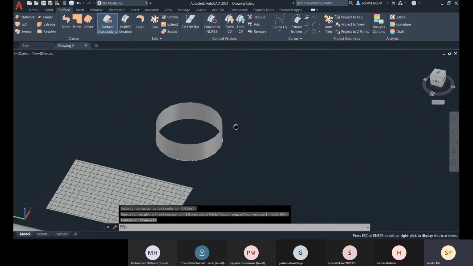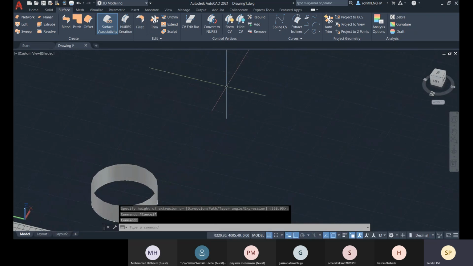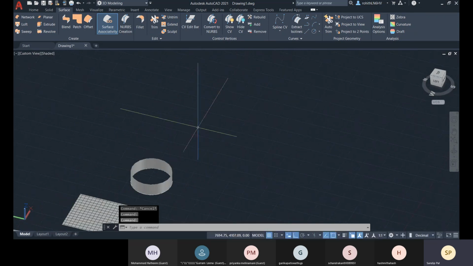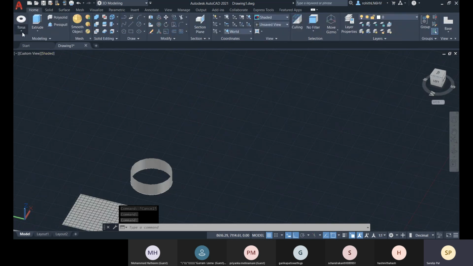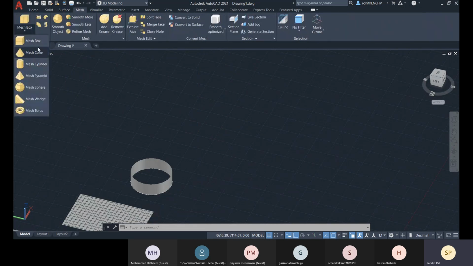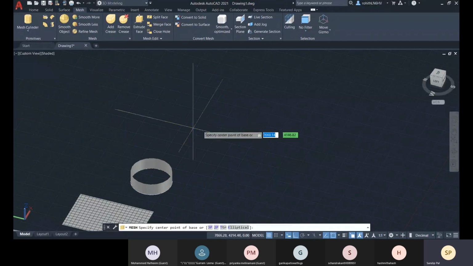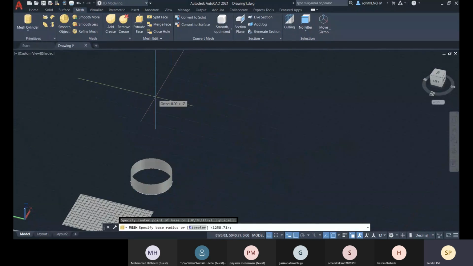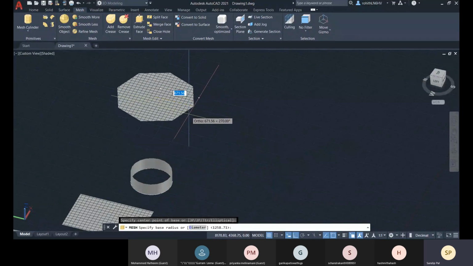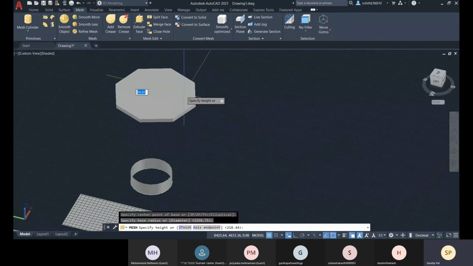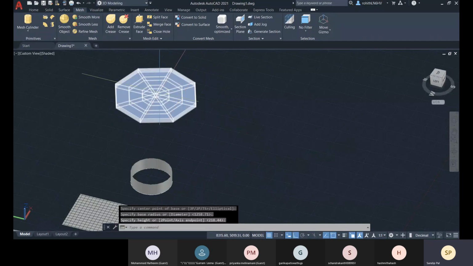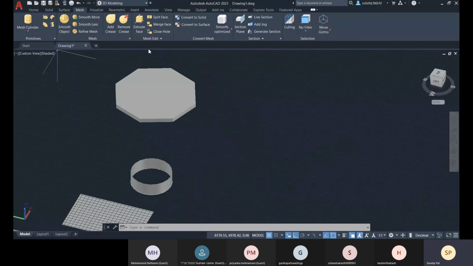now we have more options. Let me show you. Let me go with the mesh object there. So let me go with the mesh cylinder there. Like this, I have created this one. Now let me do one thing, that is merge face.